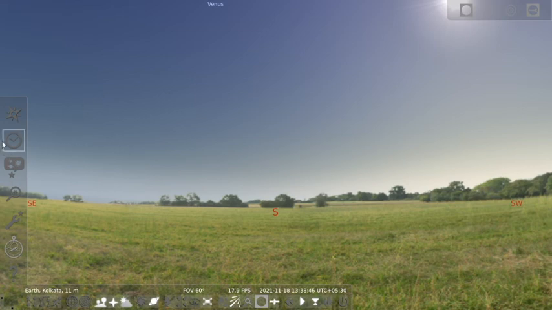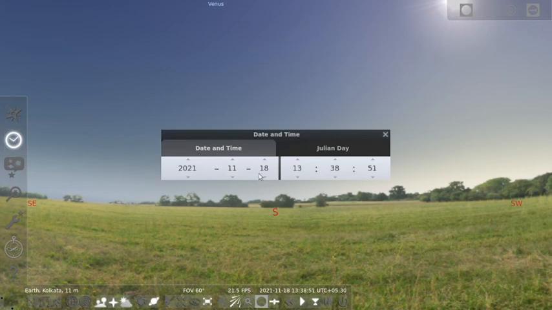If we want to change the time and date, click here on the date and time window. Here now it is given the correct date 18/11/2021. This is the time 13:38, that means 1:38. Here this is the drop down box. If we want to change the year like 2020, 2019, like that, day and night can be changed by this. Here I am going to adjust the day to January 1, 2016. Here also I am going to change the time.